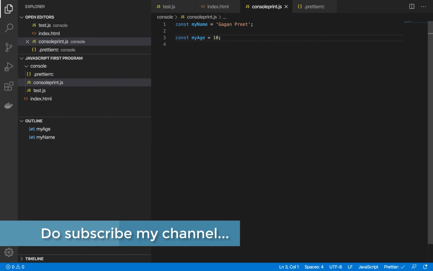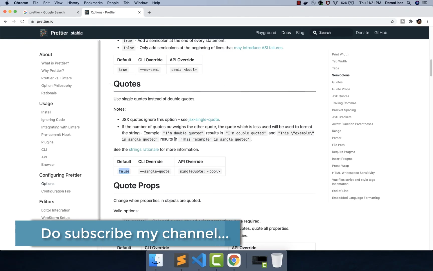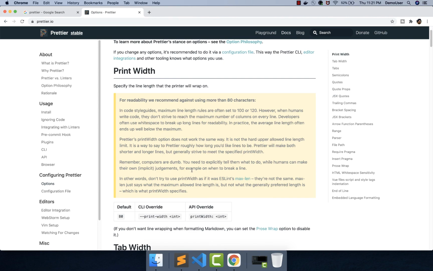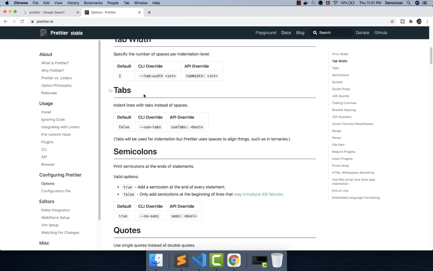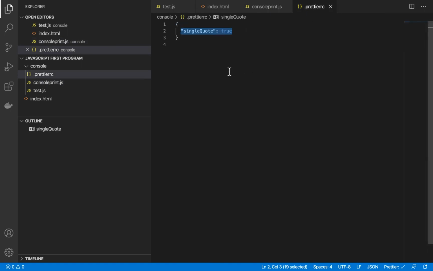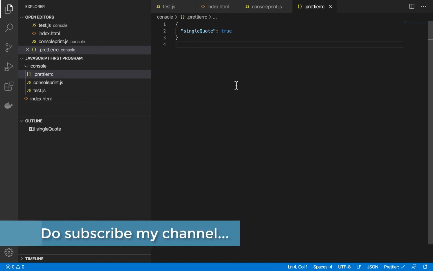So there are multiple ways in which Prettier helps. If you go back and read the document over here, it will give you a lot of details about bracket spacing, semicolons, tabs. So whichever is useful for you, you can just use the same value from here, and you can provide it accordingly in the Prettier RC file. So in common, Prettier is used a lot, and I'm using it on a day-to-day basis. I will recommend you all to please use it, and it will help you to write better and cleaner code when you're doing it on a day-to-day basis.